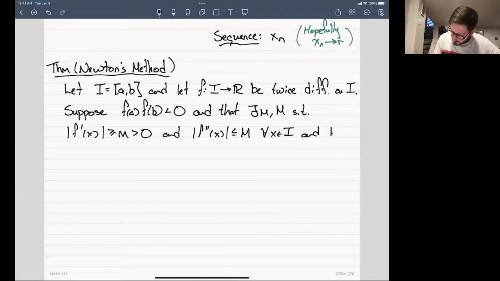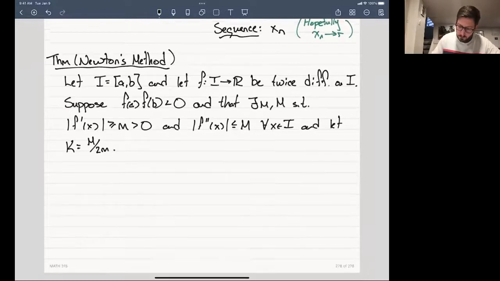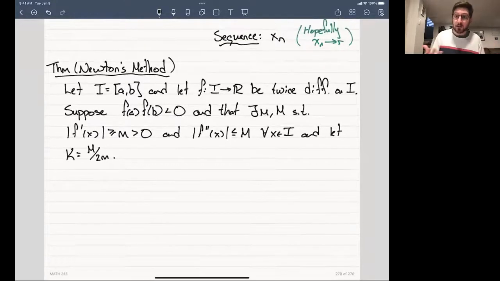And we're going to let capital K equal to capital M divided by 2 little m. Okay, so these are all my assumptions. They actually look like a lot, but it's fairly standard, right? It's just assuming that I have a root and that my function doesn't really turn around in between here. Well, then